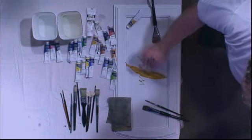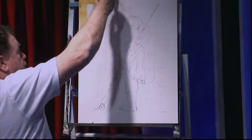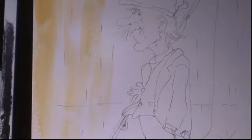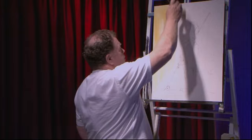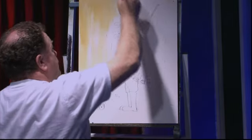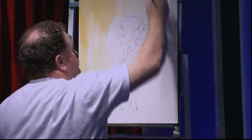So I'm taking some yellow ochre as I wet it, and that'll give me an idea of where everything is going. And I'll try and make that as streaky as I can. So again, it'll signify almost that it's raining. So it'll signify that as I do that, leave those little gaps like that. And again, take some more water, I add it in, bring that down like this, around the top of the head,